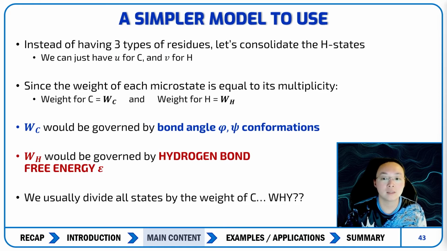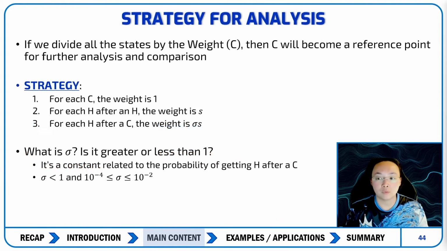So the next thing, we have to divide all states by the weight of C. Why is that? If we divide all the states by the weight of C, then what this is going to do is give us a reference point for further analysis and comparison. So we're basically trying to normalize and simplify things. So now that means if we divide the weight of C by the weight of C, we have WC equals 1. So for every single coil microstate, the weight is 1